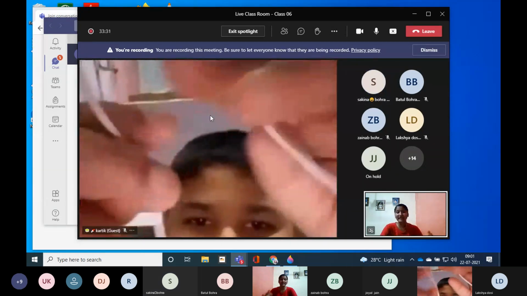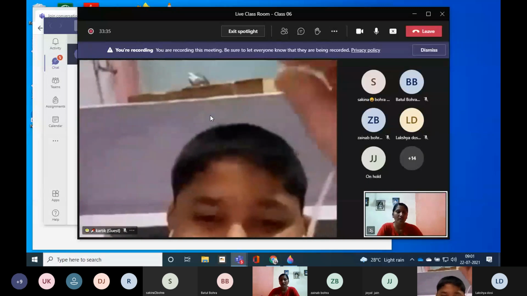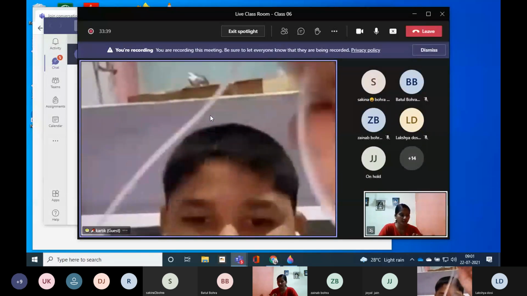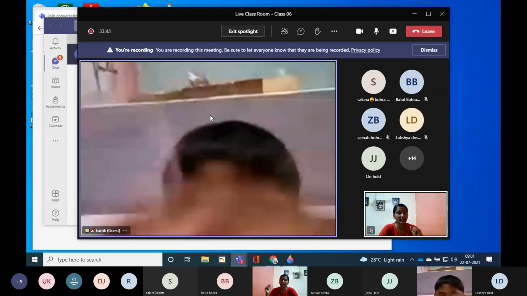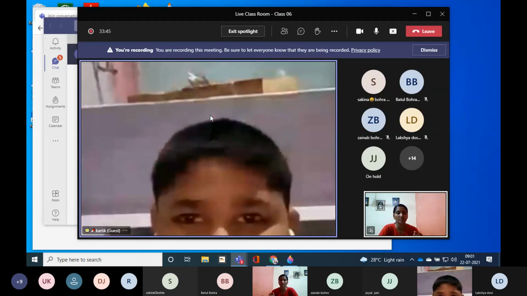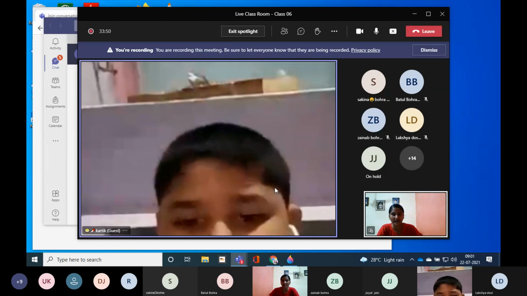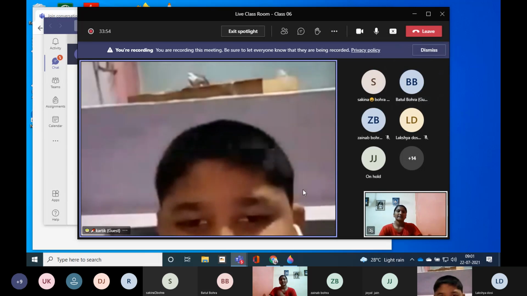If you want to understand it better, you can make it as a flow chart. I have showed you a flow chart. I've written glucose, then an arrow, then starch, then underline starch and write insoluble, then an arrow, and then sucrose at last, which is a soluble molecule. In this way, you will understand better. Clear?